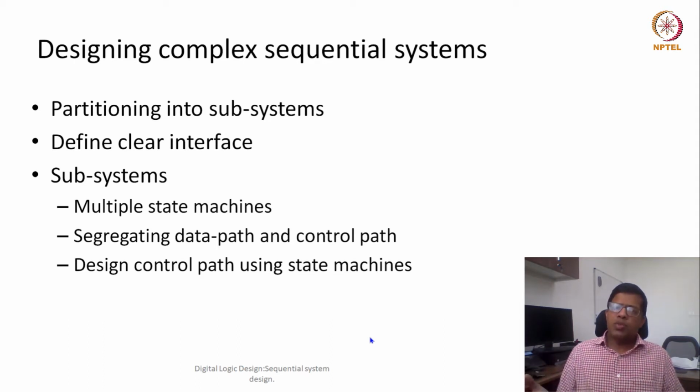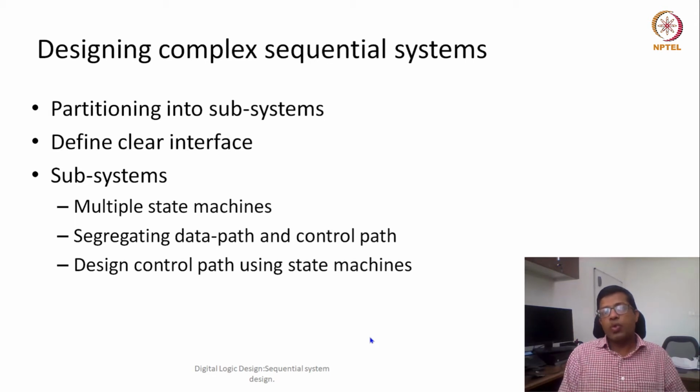When we say complex system, let's consider your mobile phone, your smartphone, or any of the applications which we see, let's say a smart camera, or pan, tilt, zoom, PTZ cameras, or your D2H or your smart TV. All the applications which we discussed in our first lecture, anything which is a digital system, overall the system will get complex. So when we are designing such a complex system, what should be the approach?